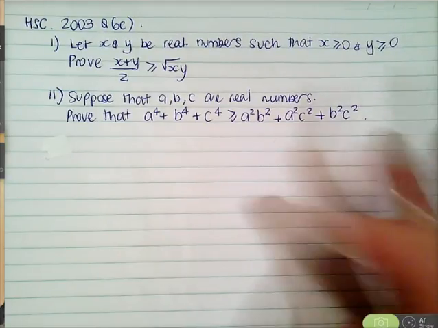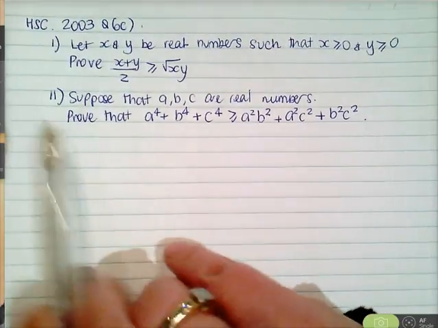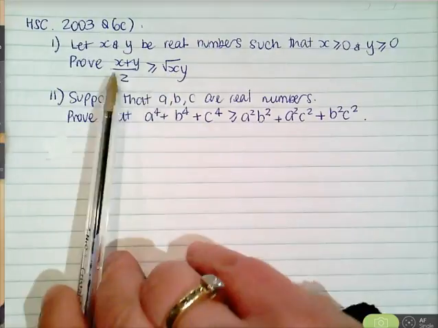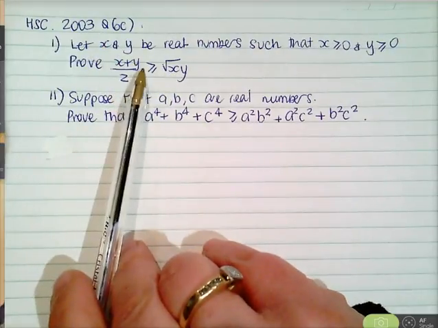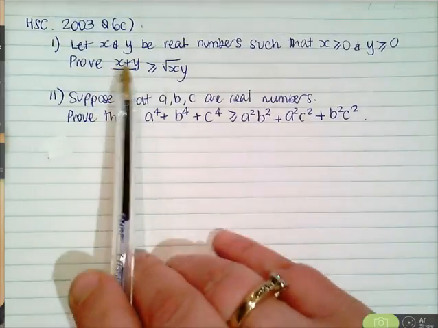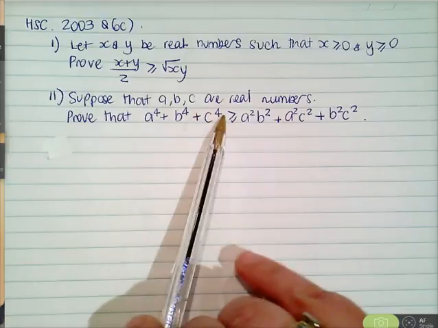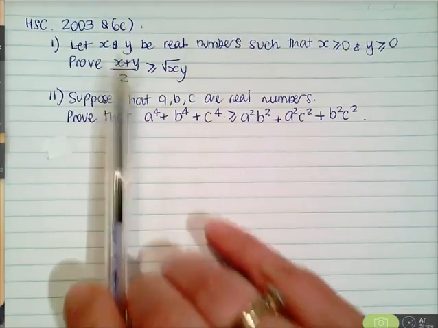I've only shown the first 2 parts here. I'll do the others over the page. I want you to try these. You'll be able to do question 1 easily, and then when you're doing question 2, notice there are 3 things you're trying to add here, but there are just 2